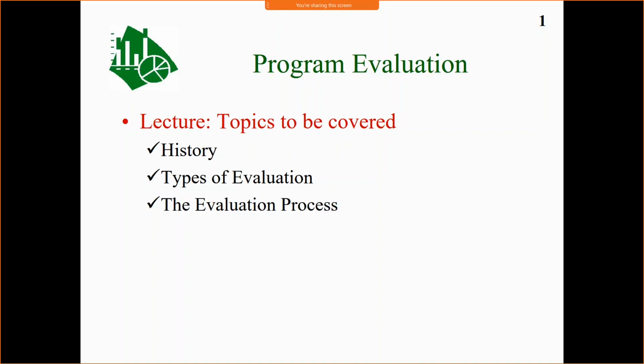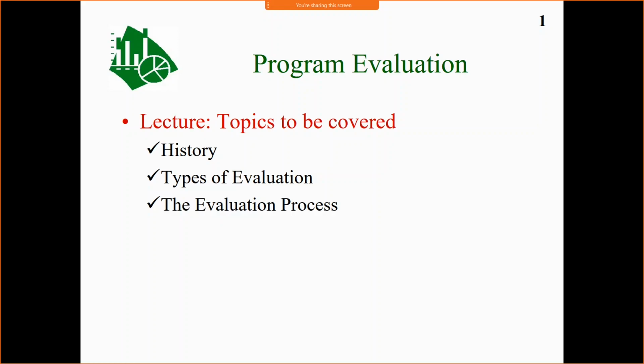Last week we went over the basics of research design. That was more about distinguishing between experimental design and quasi-experimental design. I looked at topics such as internal and external validity. And this week we're going to continue on with research design, but we're going to look at program evaluation, which